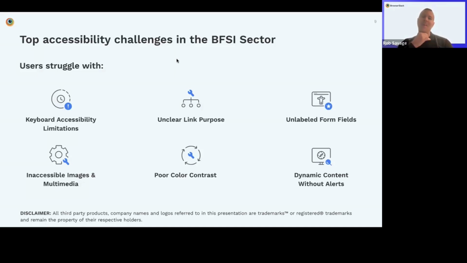Yeah, so I think certainly what I've learned recently is that there are lots of different types of accessibility defects that come out, and they're not always clear. So some of the ones we see on here, keyboard accessibility limitations, that's a fairly obvious one. You need to be able to navigate through the pages. But as our sites become more and more complex and richer with videos, data, animations, etc., then obviously that becomes a lot more difficult.